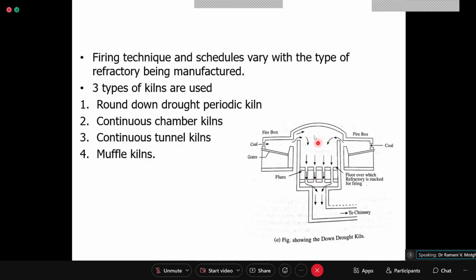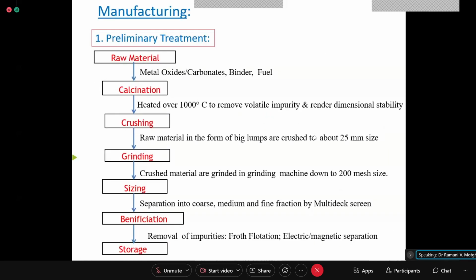So any such furnace where some commodity is manufactured at high temperature is termed a kiln. Continuous chamber kiln, continuous tunnel kiln and muffle kiln. And for bricks, they are using round down draft periodic kiln. So this is in short a flow chart prepared for your raw material, and then calcination,